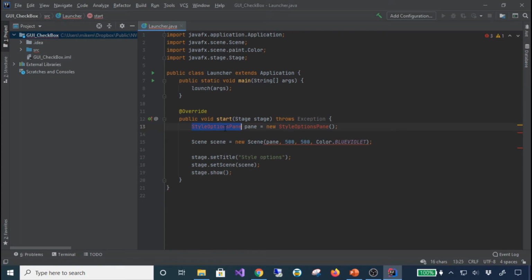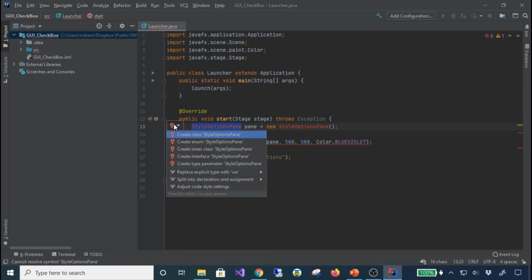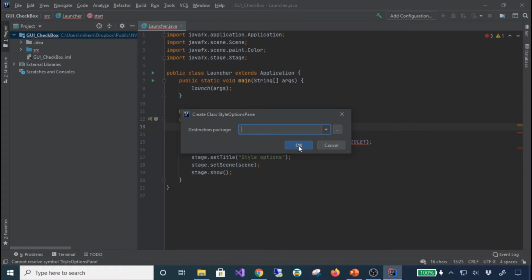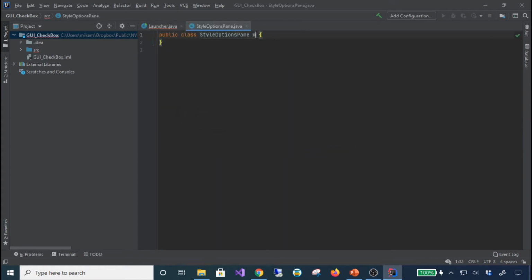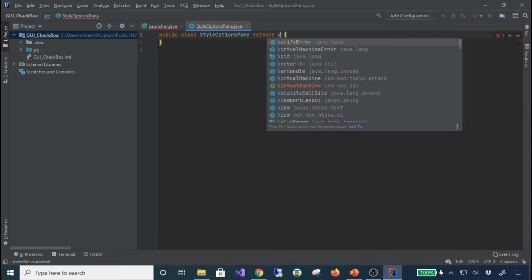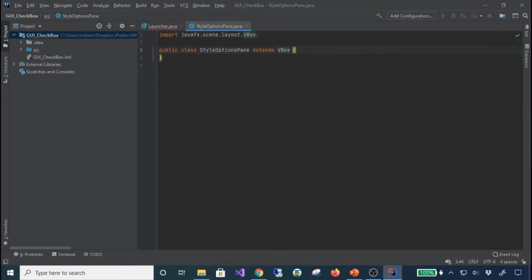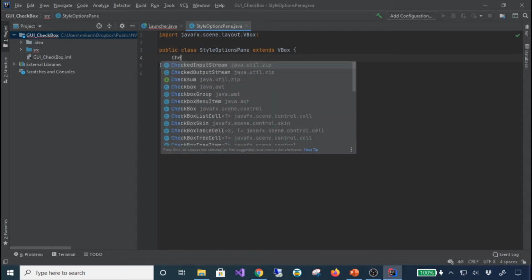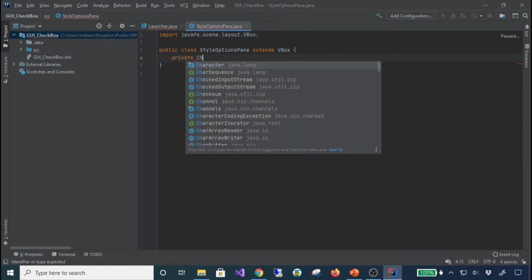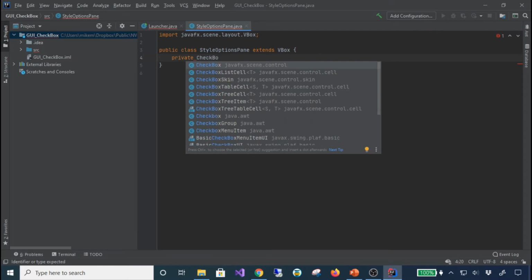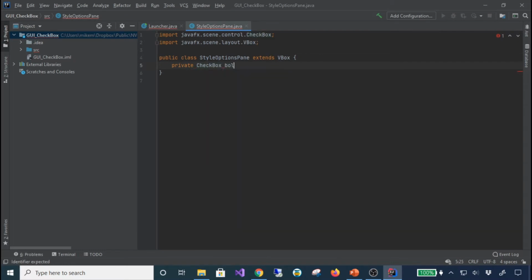Okay, so we're basically gonna just work on the style options pane, and we're gonna go ahead and create class style options pane, and nothing for the default package. And this is gonna extend the VBox, JavaFX layout VBox, and then they had two checkboxes that they had as instance data. They had one for bold and one for italic. So I'll say bold checkbox and italic checkbox. Okay, and then in their constructor,